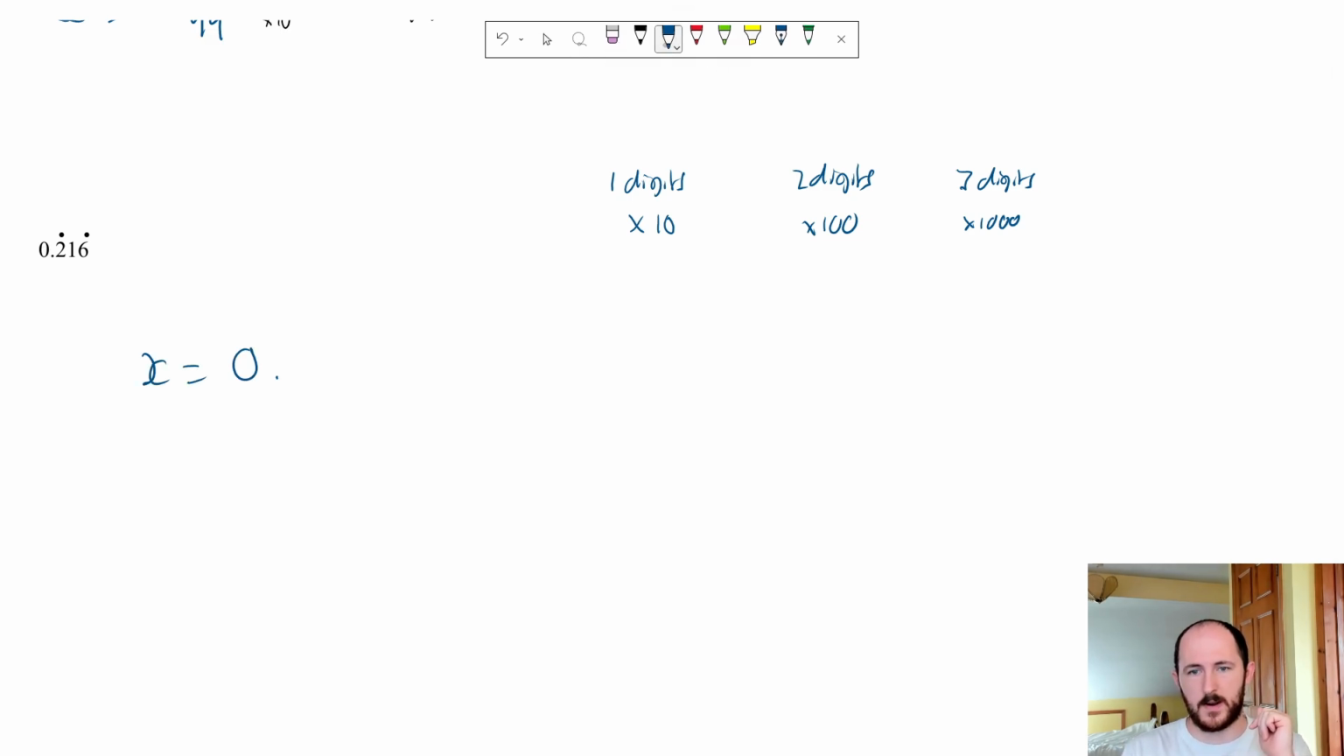0.216216. It's actually 3 digits that are repeating, not 2. And in general, the dots will always be next to each other for the ones that are recurring. So if there's a gap, it means that the middle one is also recurring as well. So there's 3 digits repeating. So we're going to times it by 1000. 1, 2, 3 zeros, which means we're basically moving the decimal point 3 times. So we get